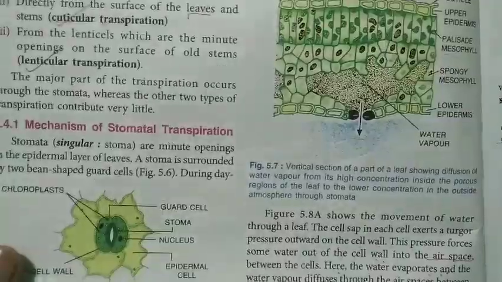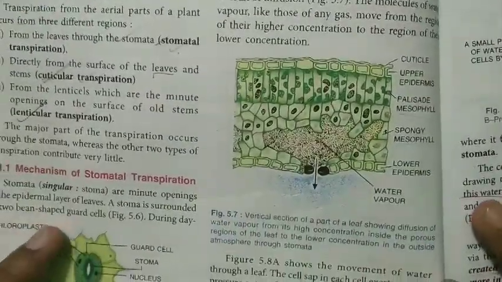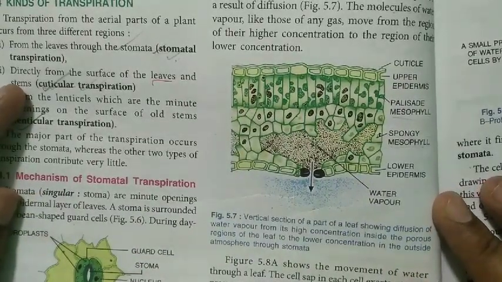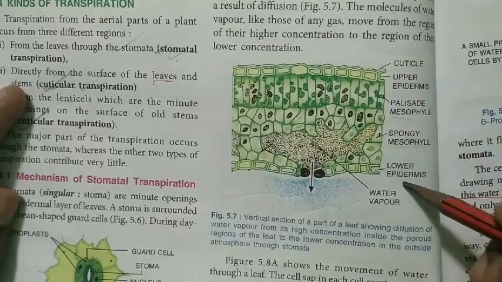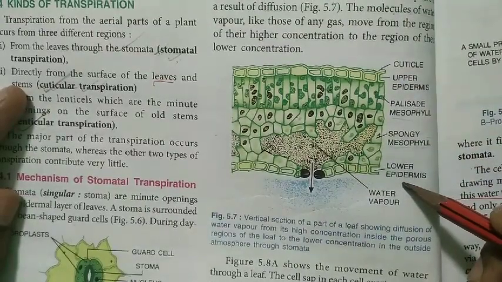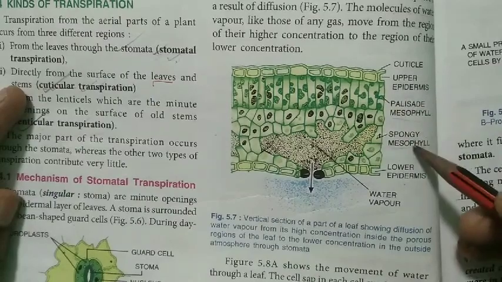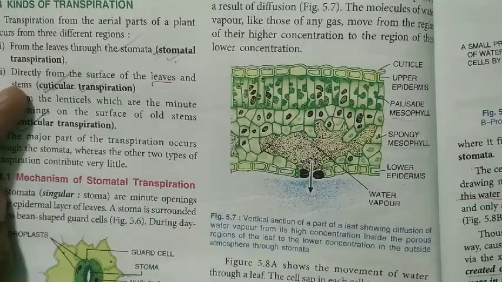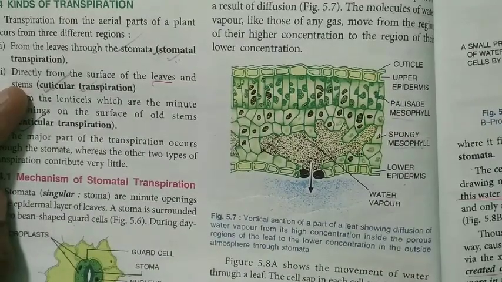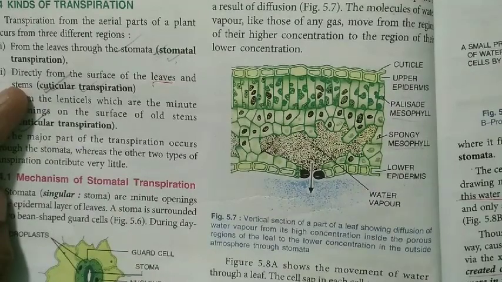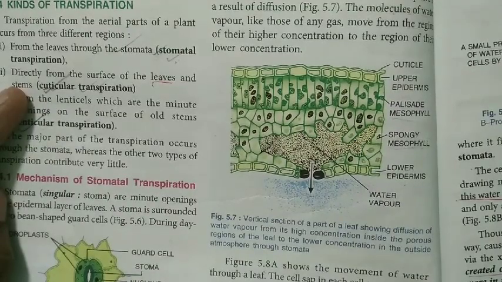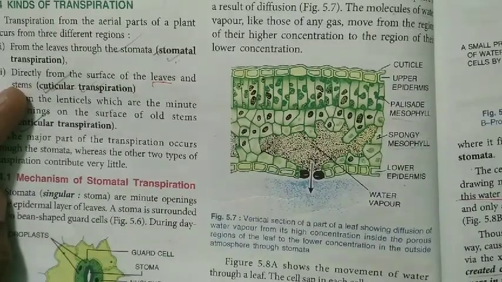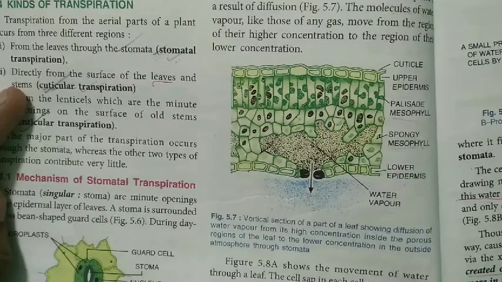Now if you see figure 5.7, here the transverse section of the leaf is given. In this you will find that a leaf has two layers, that is upper epidermis and lower epidermis. Between these two epidermis there are various cells known as mesophyll cells. Mesophyll cells are further classified into palisade and spongy mesophyll. Now what is the role of mesophyll? Mesophyll cells contain a larger number of chloroplasts and the chloroplasts contain chlorophyll. That means these mesophyll cells are the reservoir for the process of photosynthesis.